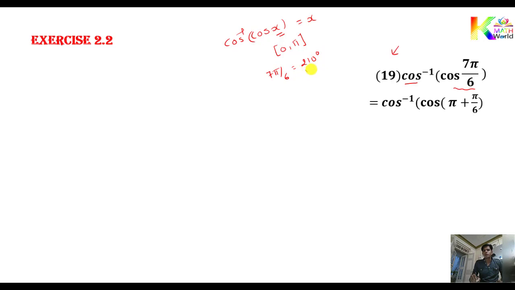So which quadrant? Obviously the third quadrant. The third quadrant can be expressed, if you know it properly, with this structure: theta, pi minus theta, pi plus theta, and 2 pi minus theta. So pi plus theta is the third quadrant, and with the help of that you can express it. So 7 pi by 6 can be expressed as pi plus pi by 6. 6 pi plus pi, that is 7 pi by 6. One bracket is missing here.